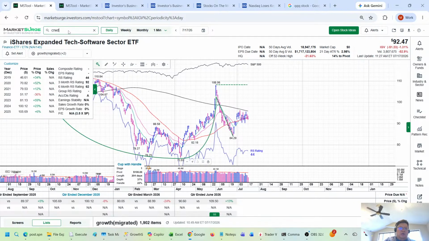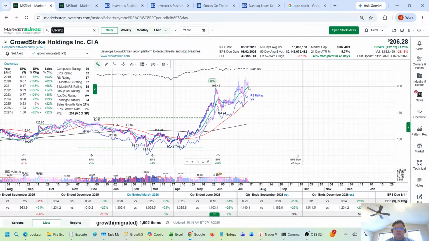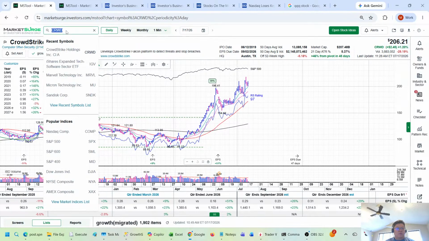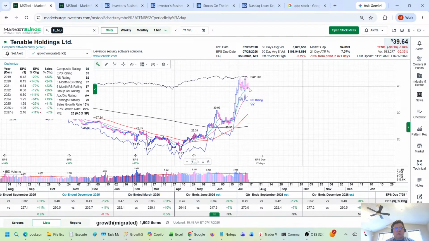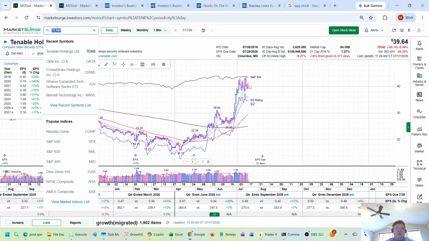Cybersecurity stocks did well today. CrowdStrike, it's bouncing. It gave back a little bit, but it's still up 1.3%. Okta, this one also was up more this morning, but it gave back some. It's only up 0.3 now. Tenable, this one was up this morning, now it's down. They're trying to move up but they couldn't, right? It's just because the market is weak at this moment, so that might be the strongest group in recent weeks. You can see the big bounce here, but it's not moving much since, like I said, lately. But it's not falling apart either, so that is a good sign there.